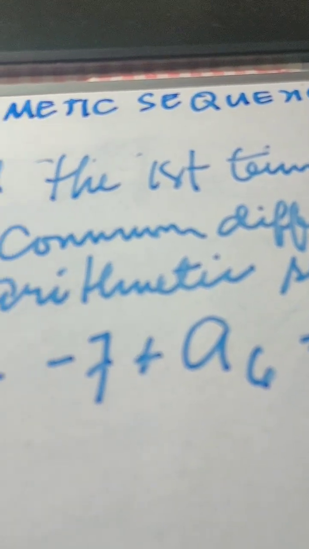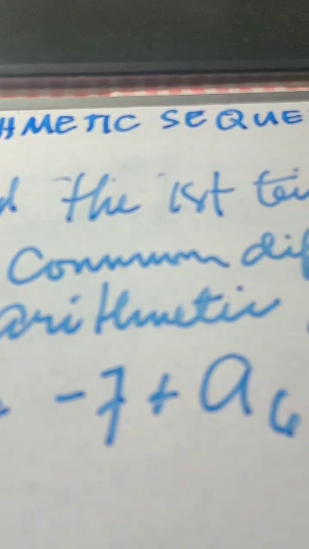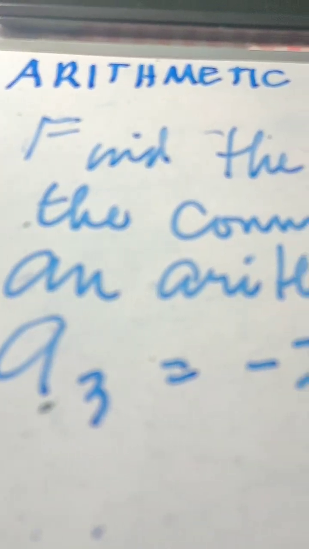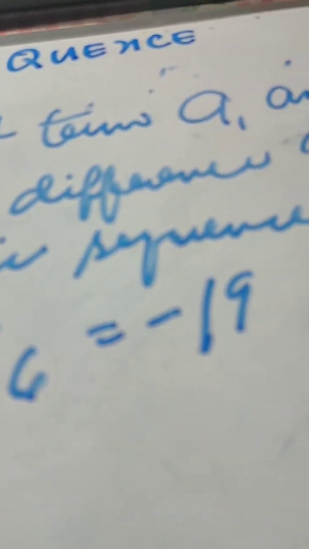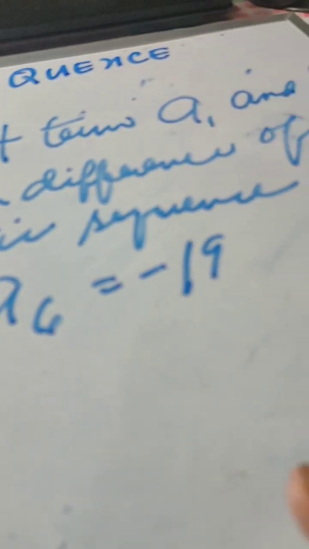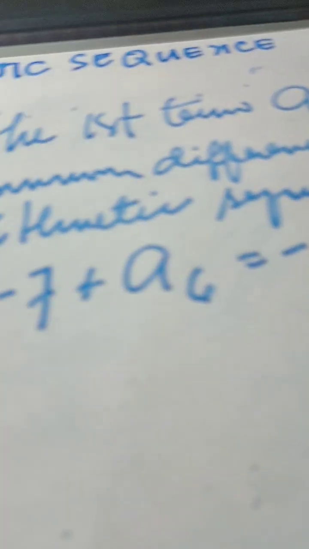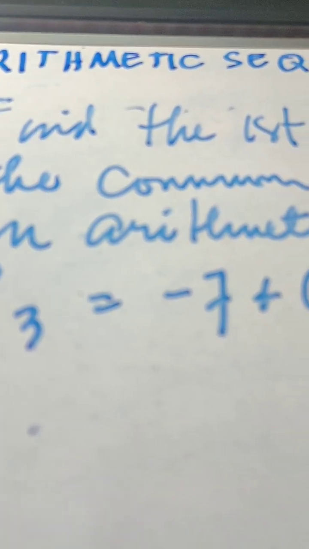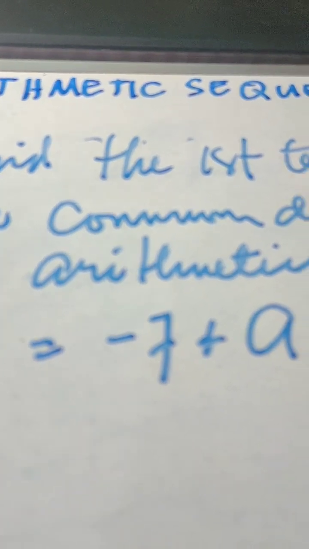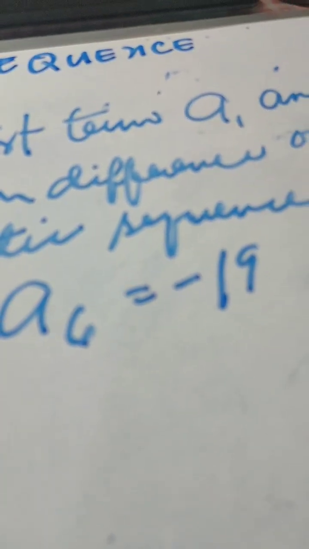So we have here find the first term a sub 1 and the common difference of the arithmetic sequence where the given is a sub 3 equals negative 7, meaning the third term is negative 7, and the sixth term of the